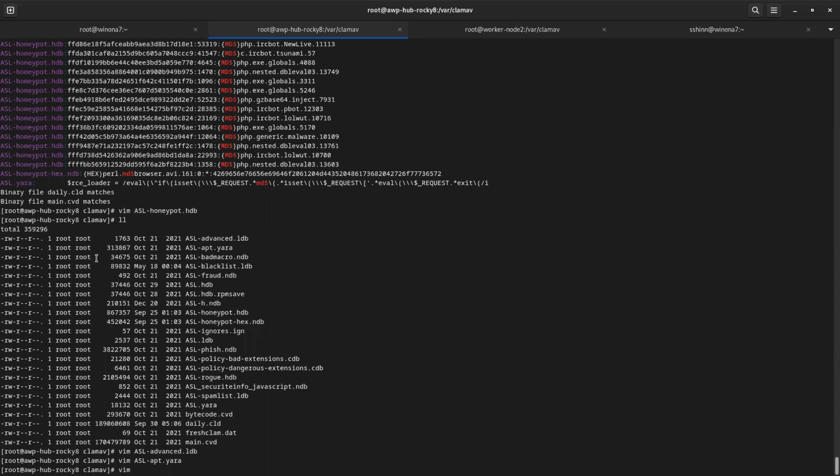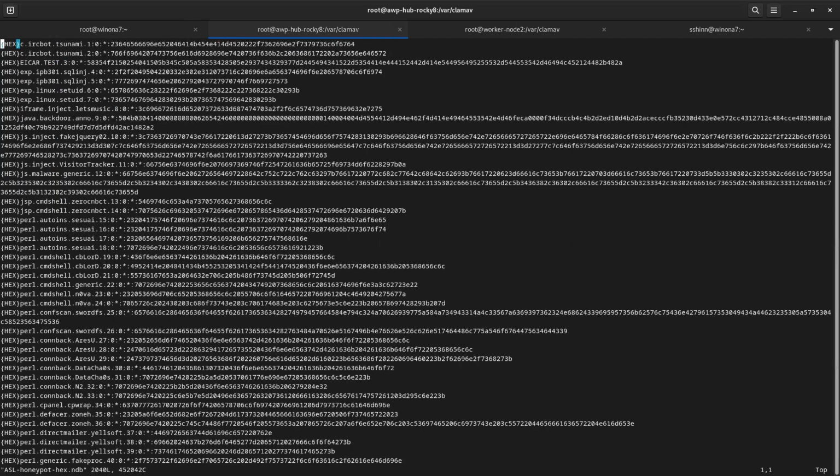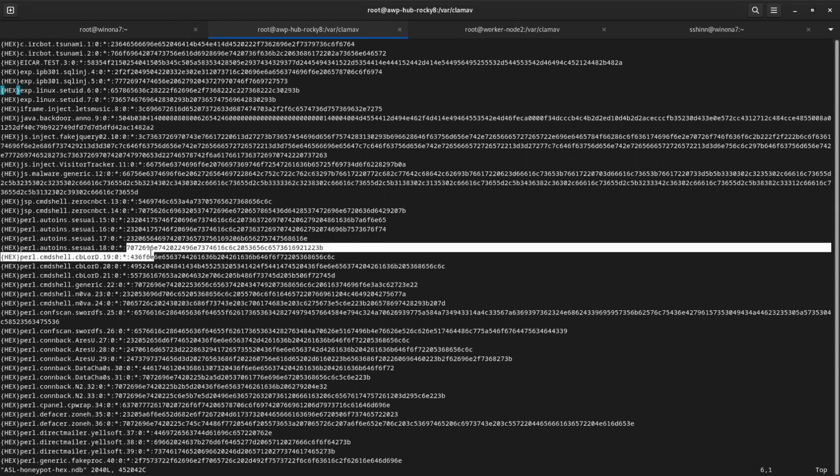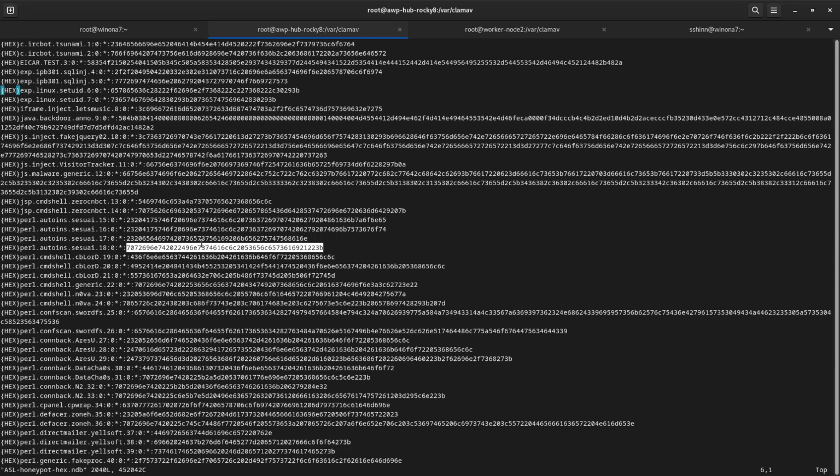A couple of the other ones are in here. Yes, you absolutely can still do hash files with these NDBs, right? Or basically hex. You could look for hex strings or hex values in the file. What I think is always interesting about these is that you can tell you've got two totally different designers working on a particular detection capability, because they'll invert things. Like the string of what it is now at the front, and the value we're looking for is now at the end, right? Versus if I look at the hash one, it's the other way around.